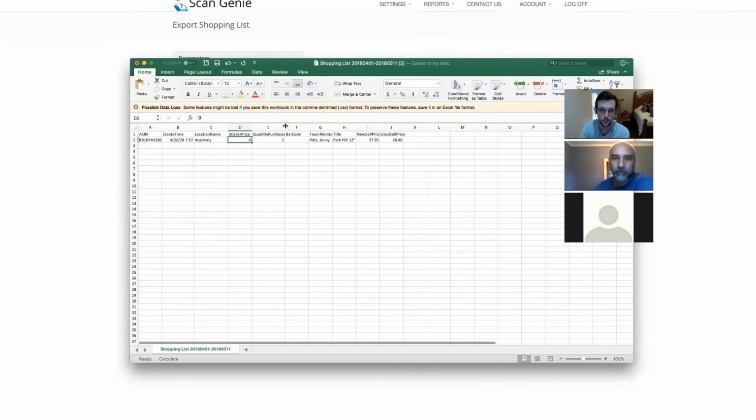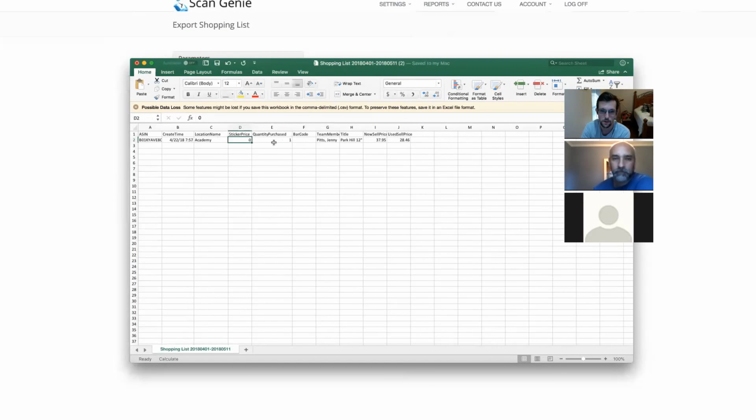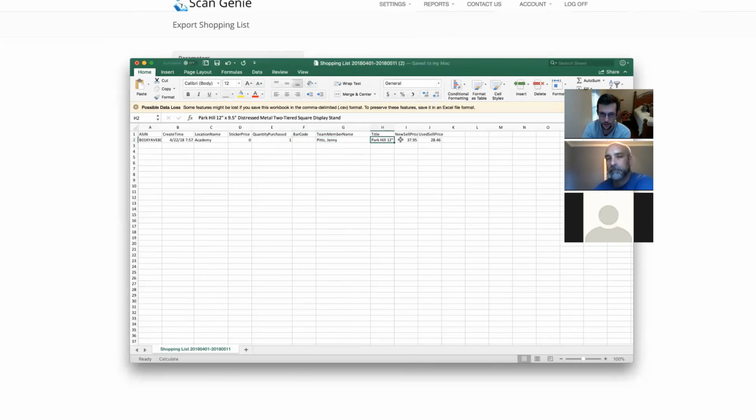The quantity purchased, so if you bought 3 or 5, you would throw that in there. If there was a UPC code, it would be showing that. The team member inputting through the app as you're shopping. It also says who created the buy list, the title of the product, and then the new and the used sale prices. So without further ado,